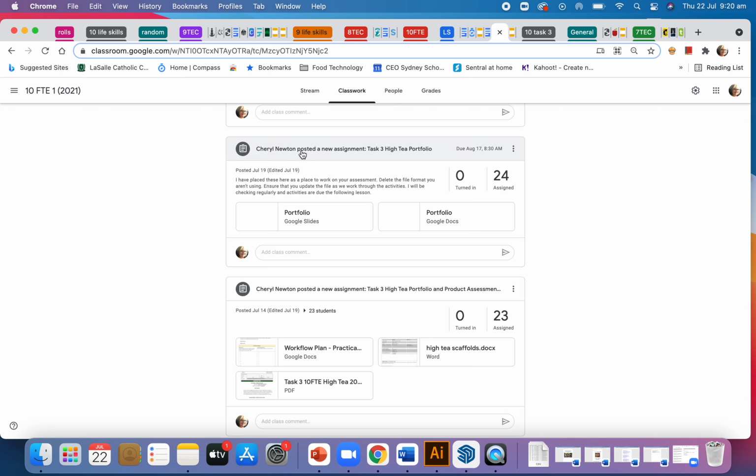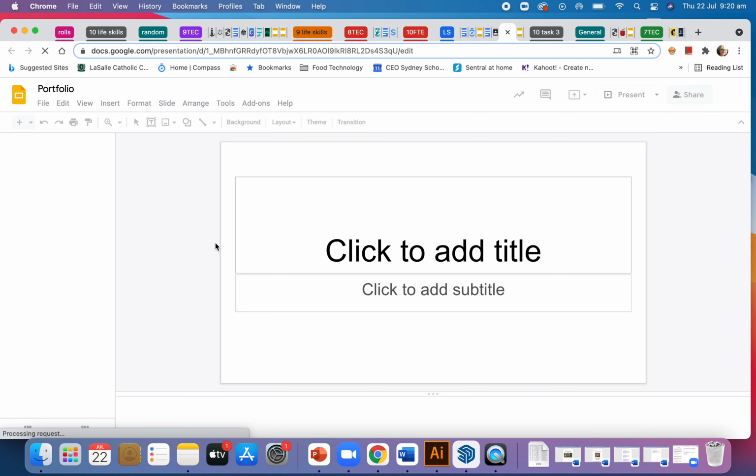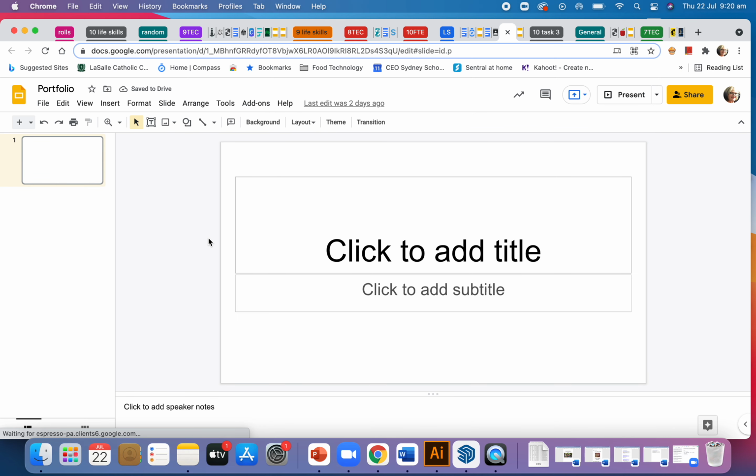Now in Google Classroom, I put a task that says high T portfolio. It's sitting under the heading for the assessment. In there, I put a Google Slides, an empty Google Slides. It's just white, and a document. Now that document, I'll go and check. If no one's used it, I'll just remove it. So in this presentation, there's nothing. This is blank. All right, so what you can do is to make a copy of your new